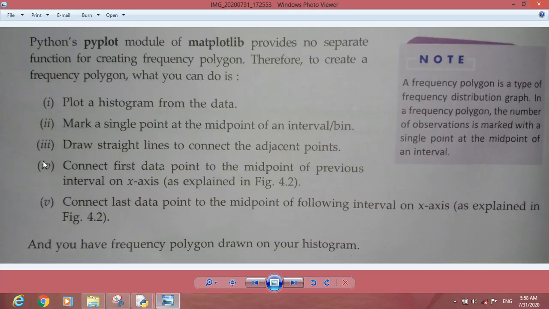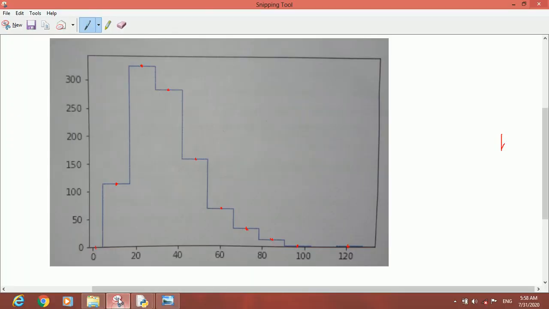Then mark a single point, midpoint, then draw straight lines to connect the adjacent points. Now let us draw a straight line to connect the adjacent points starting from the beginning. Let us take it to the middle point of this one. Then from here go up.